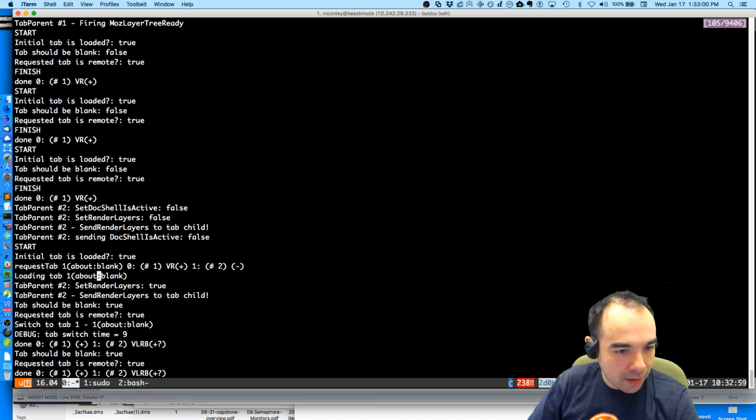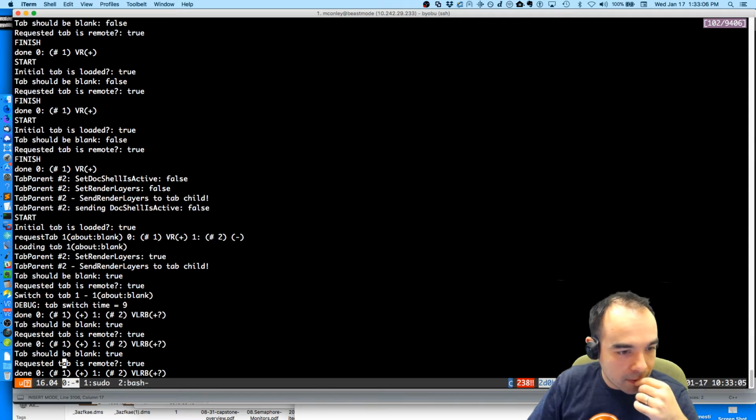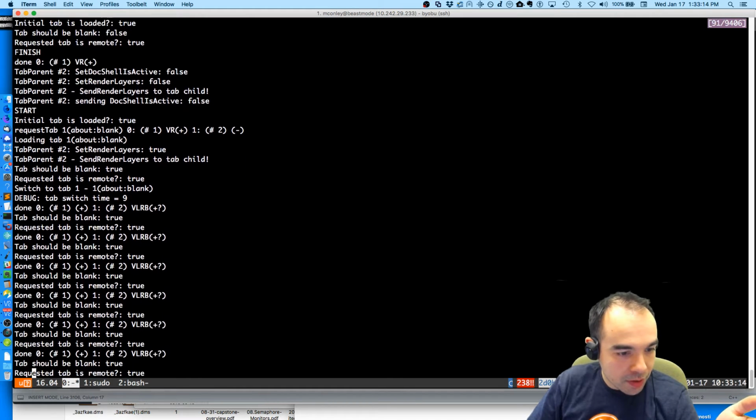Why about blank? Set render layers to tab child. Tab should be blank is true. Request tab is remote true. Switch to tab 1. And we complete the tab switch.